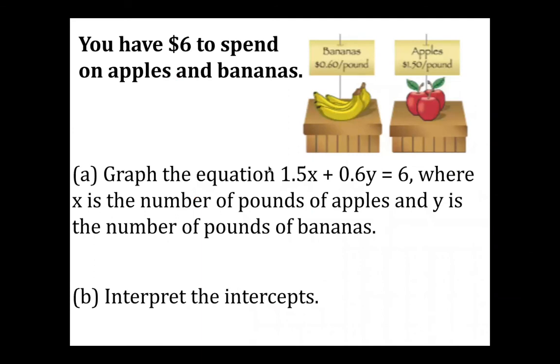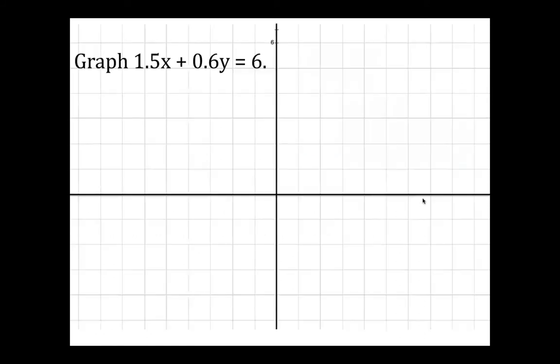Okay, let's go ahead and look at a word problem. So we're given that we have $6 to spend on apples and bananas. We're going to first graph the equation 1.5x plus 0.6y equals 6, where x represents the number of pounds of apples and y represents the number of pounds of bananas. My way to always approach word problems is to make sure to always keep in mind what concept you learned in that lesson. So let's go ahead and complete letter A first, which is to graph 1.5x plus 0.6y